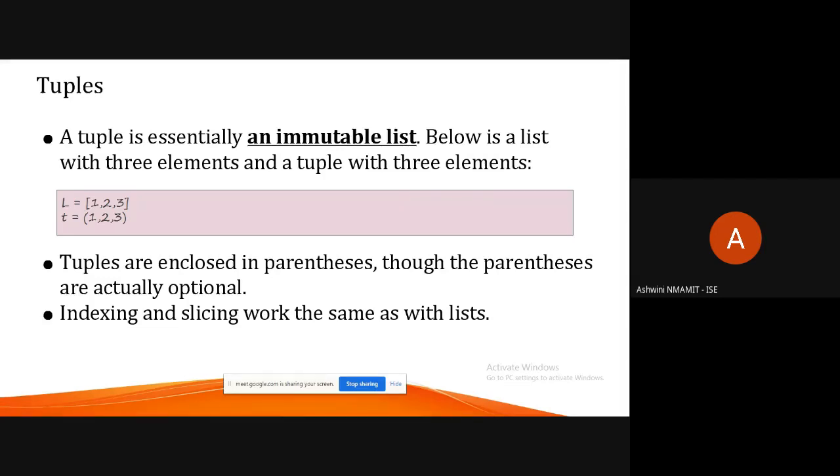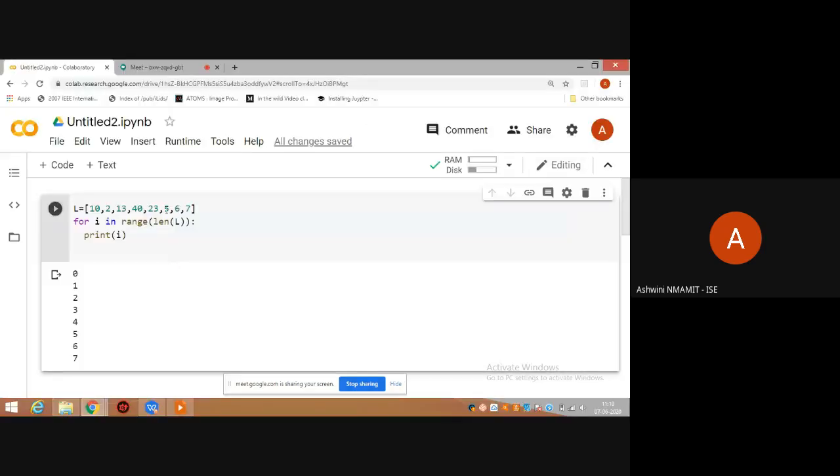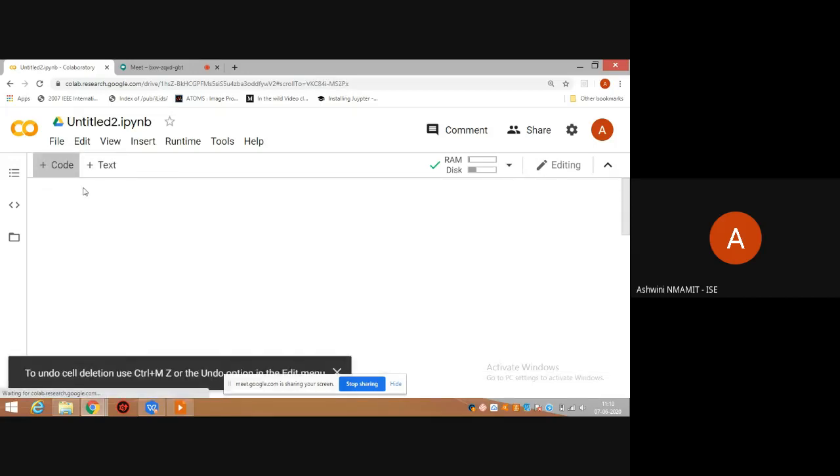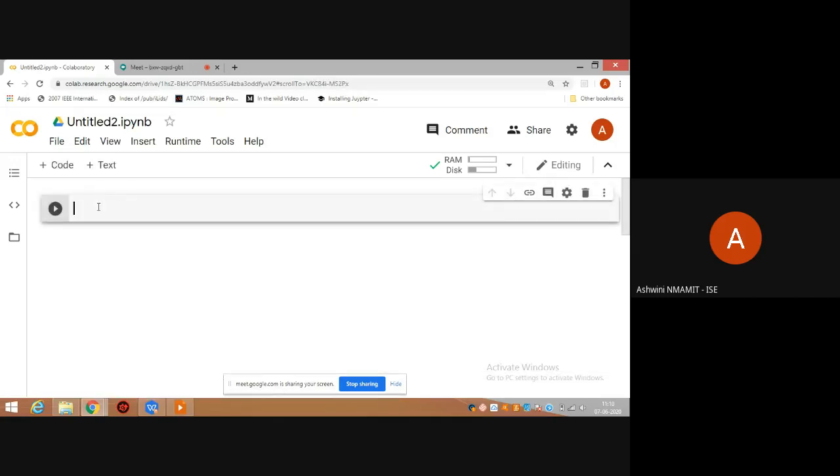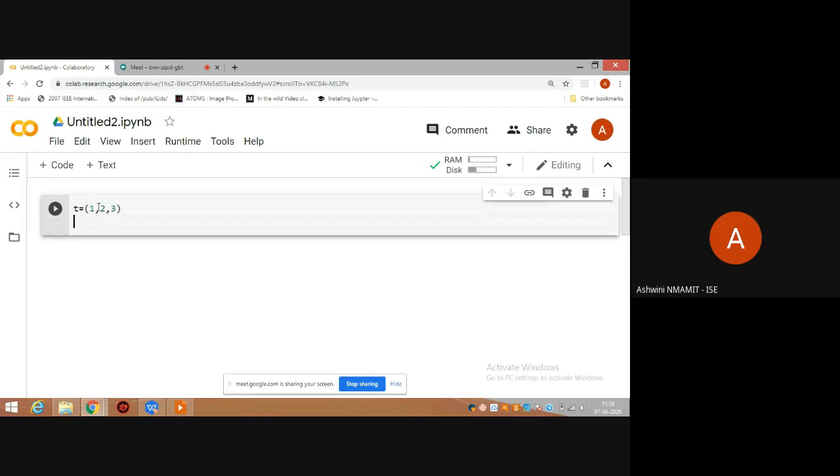Okay. Now tuple is again similar to list, and most of its functions are similar to list, but the major difference between tuples and list is that a tuple is an immutable list, whereas list is mutable and tuple is immutable. And I've already told you what an immutable is. And tuples are enclosed in parentheses. So I'll just delete this section and give a new section. So tuple is nothing but enclosed within the